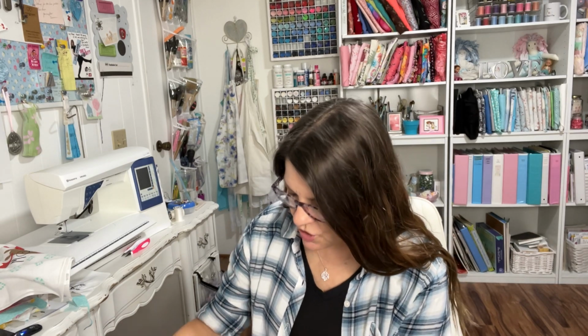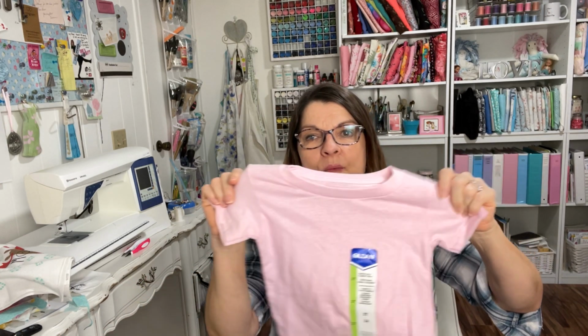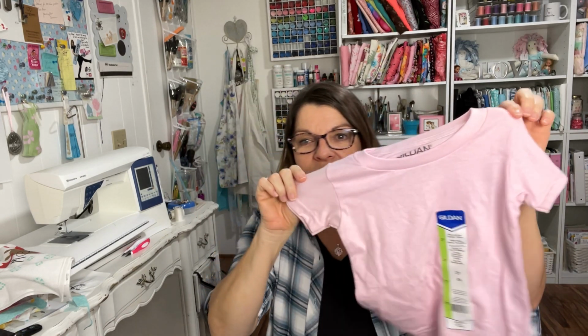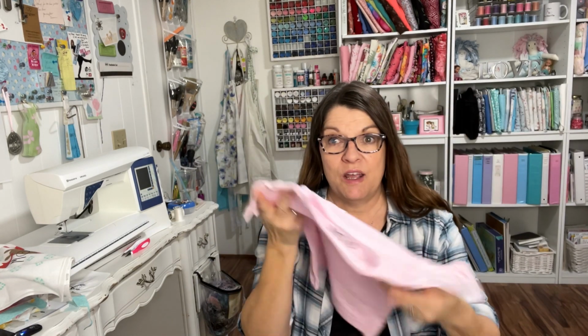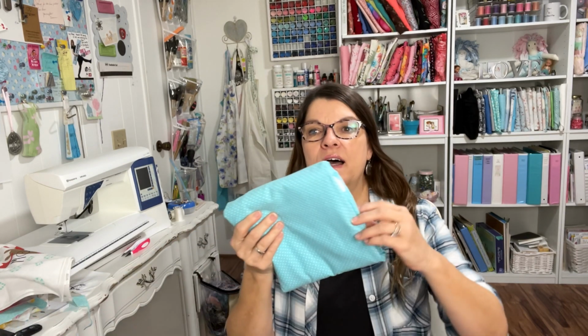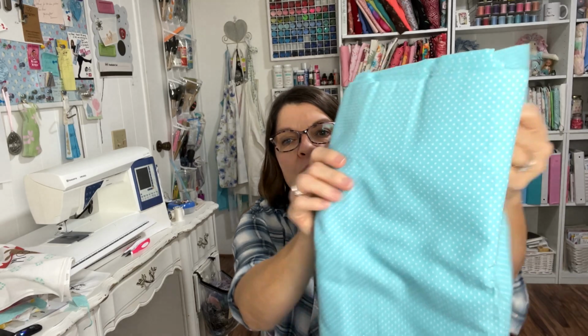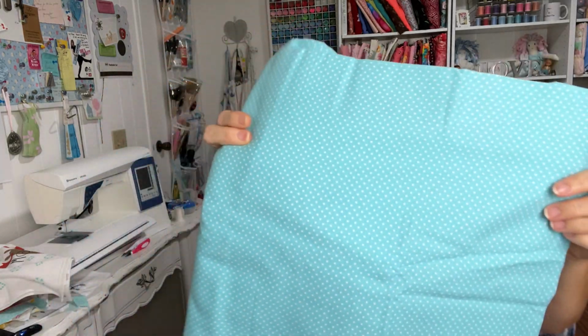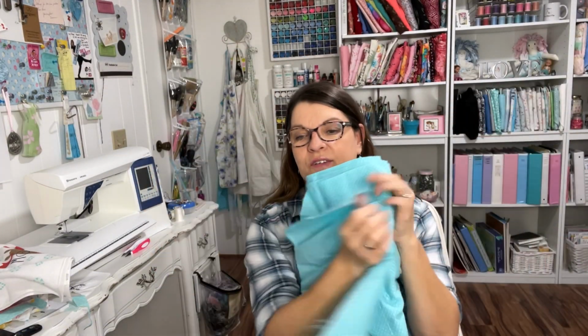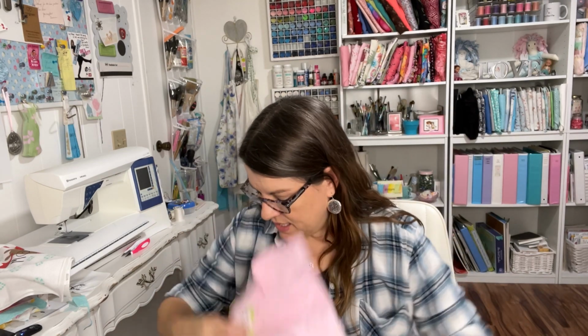And now I have a little Joann's haul for you. I went to Joann's. I got another one of those little t-shirts. I want to make a little t-shirt dress for my granddaughter. She'll be 2 at her next birthday in April. They were on sale. And I got this beautiful aqua blue with polka dot fabric. Couldn't pass this up. I love this color blue. Got that, and